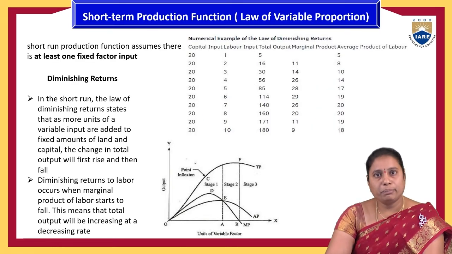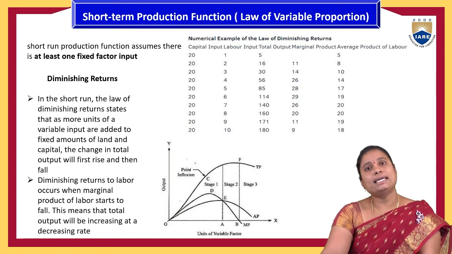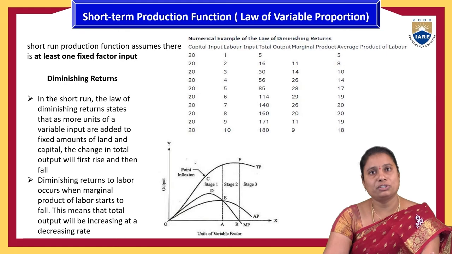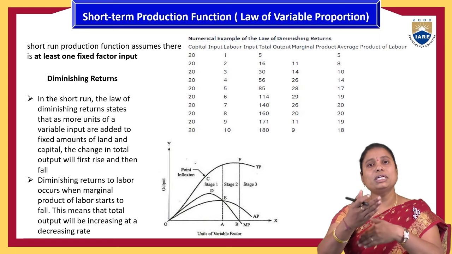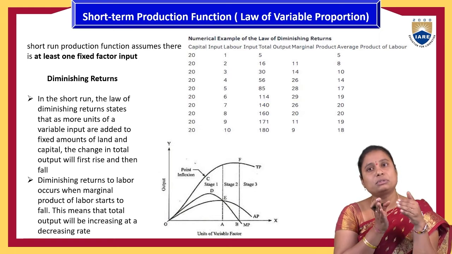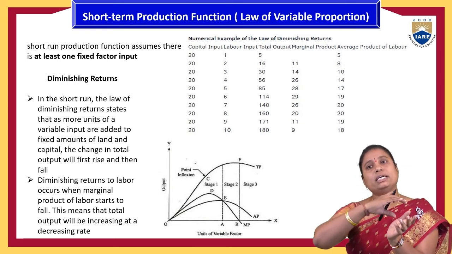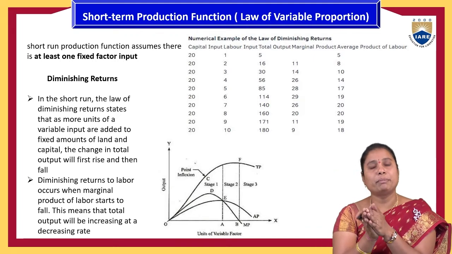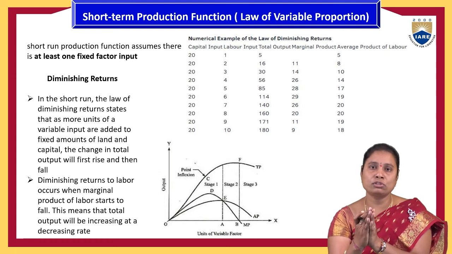Next, and very important to know about production functions, is the short-term production function. That is also called the law of variable proportions. For a better understanding of this short-term production function, let us discuss diminishing returns. Diminishing returns means that up to the starting stage, if the combination of the inputs keeps changing, generally there is growth we can expect. The total production will increase, average production increases, and marginal production will also increase.